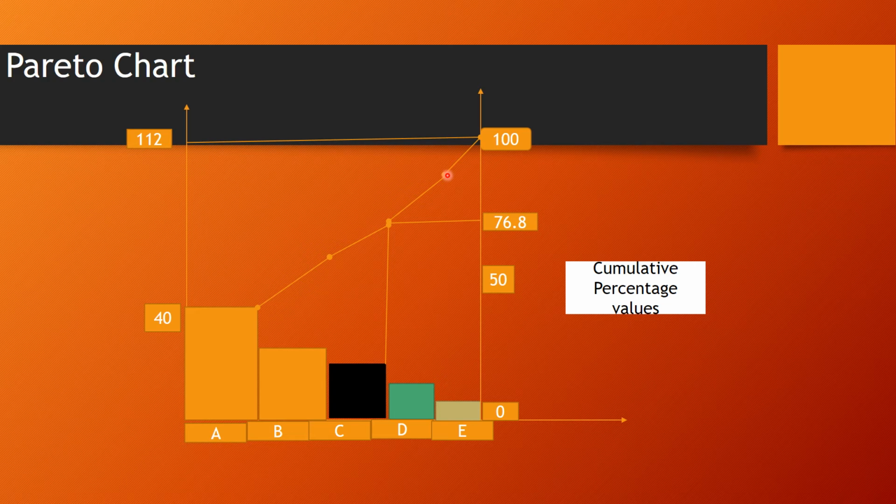How do we do that? We go to the first bar, to the edge of this point. When we draw horizontally from here, the value should be the cumulative frequency value given in the table. If we draw a horizontal line here, the reading should be 35.71, because the cumulative frequency of A is 35.71. Then we draw a straight line from there